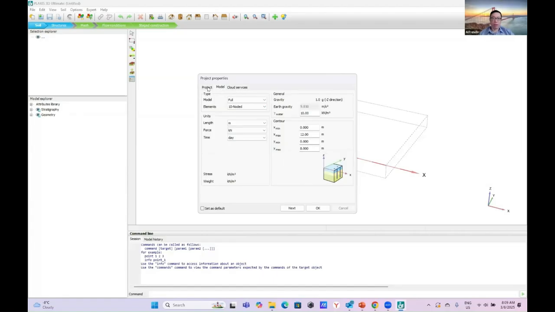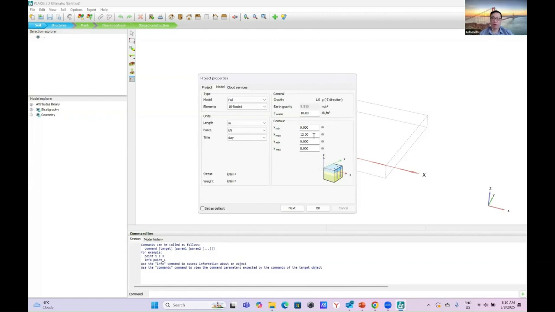Under these project properties, there are project, model, and cloud service. In model, normally the default is given to you and you don't need to change it, unless in this particular area, the contour. This contour is basically the drawing area for you to model.